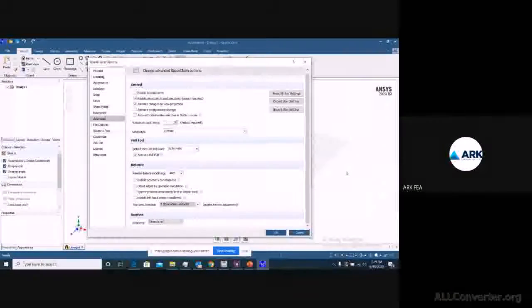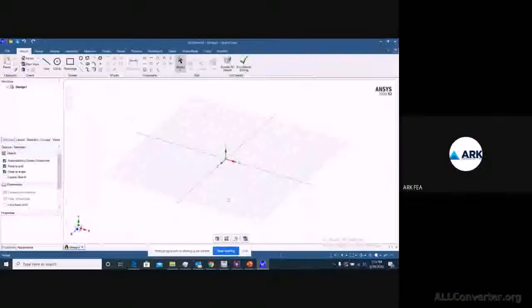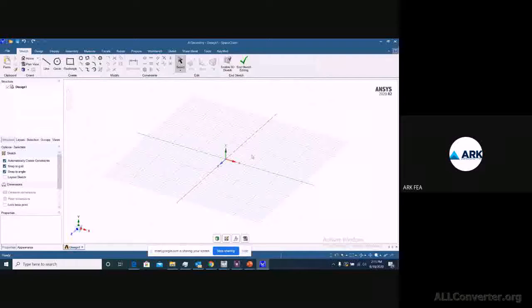So the person who is facing problems with not being able to launch SpaceClaim correctly can try switching to the latest graphics available, so that they are able to use it correctly, right? So this is how you can change your axis, right?